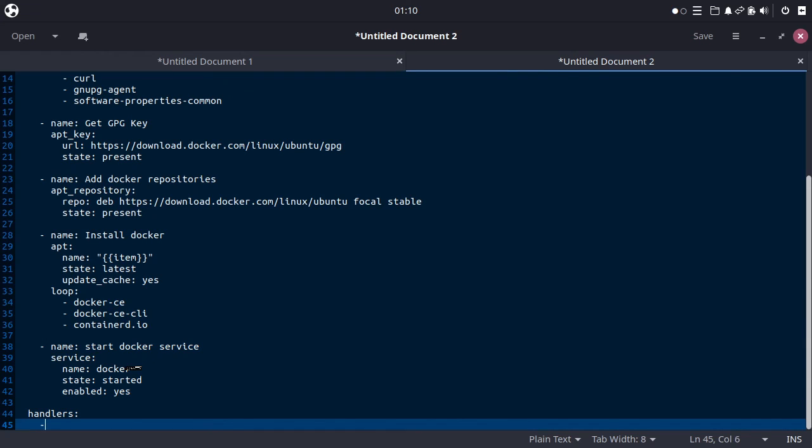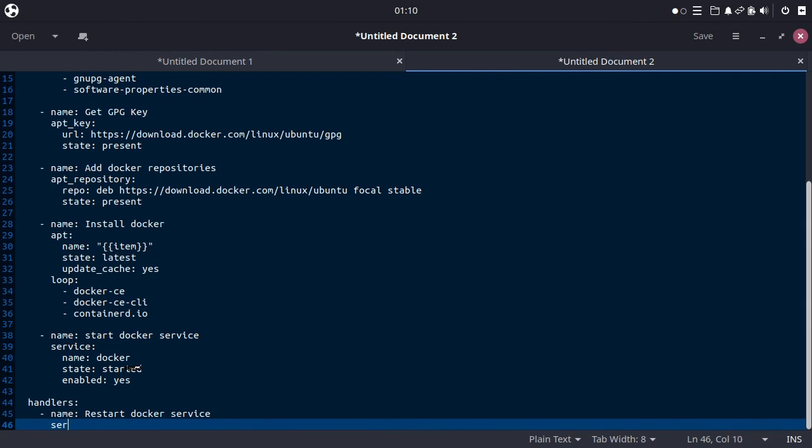And then let's type the handlers. Basically the handler is to restart the Docker service, just to prevent Docker from not running in the background after the changes I implement. So let's create this, name: restart Docker service.